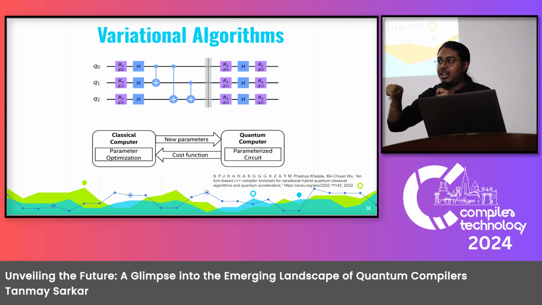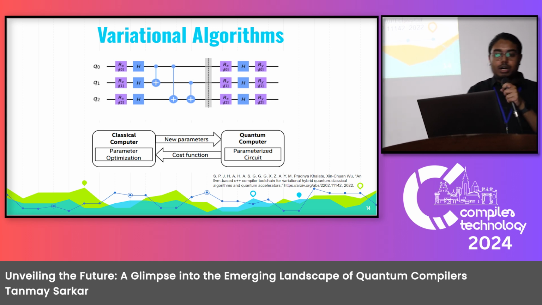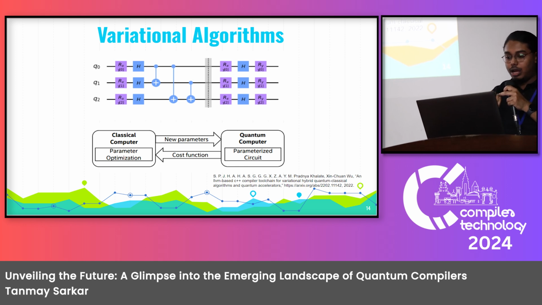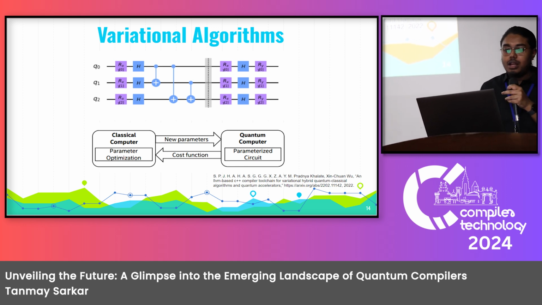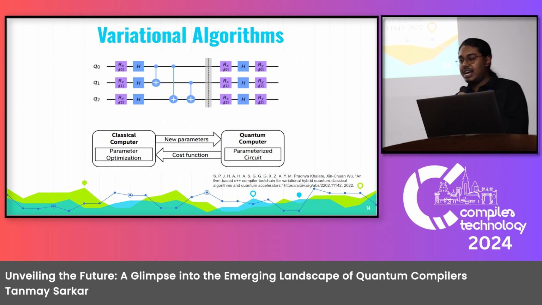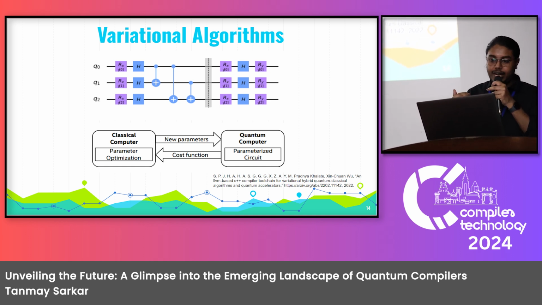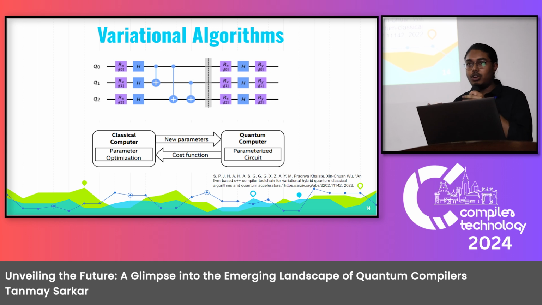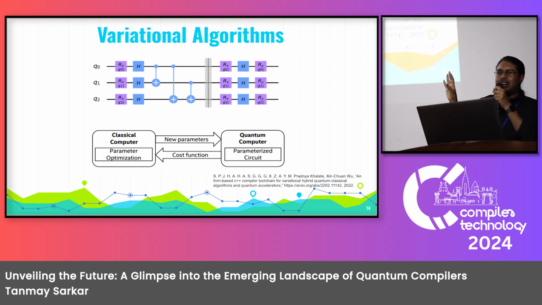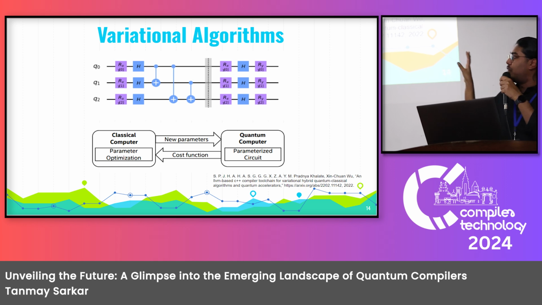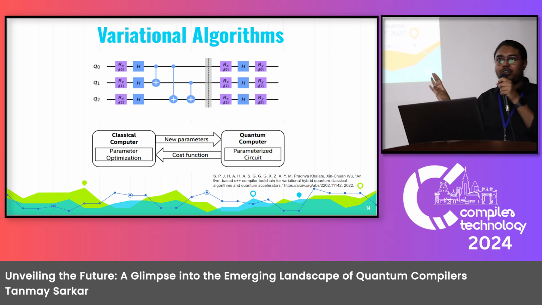So within those several hundreds of microseconds, you need to complete your computation. So for that, we can't do long calculations, right? So with the devices that we have, we can currently work on a class of algorithms known as variational algorithms. These would look very close to the classical neural networks that we have, feed-forward neural networks.